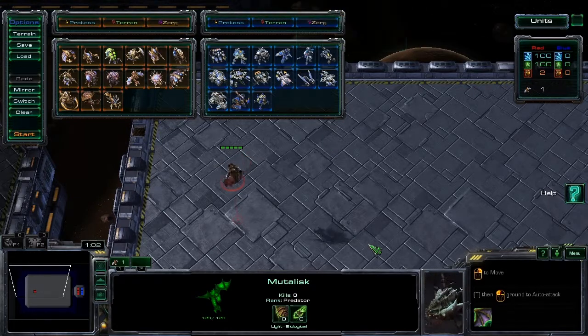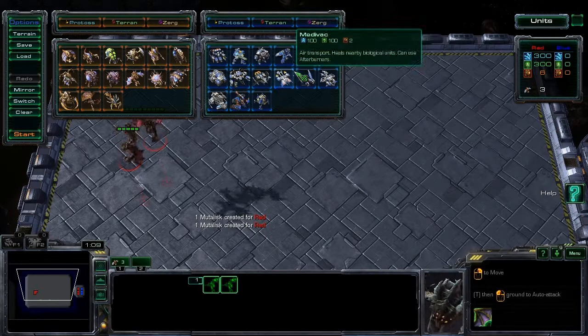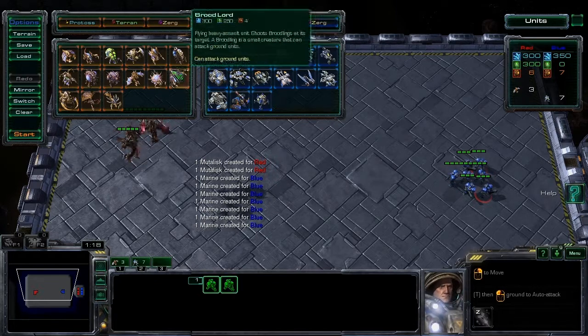We're going to start out by saying, how does the Terran deal with Mutalisk? We're going to get 3 Mutalisks, I think, right now for this demonstration here, and let's just match it in minerals, or, oops, did